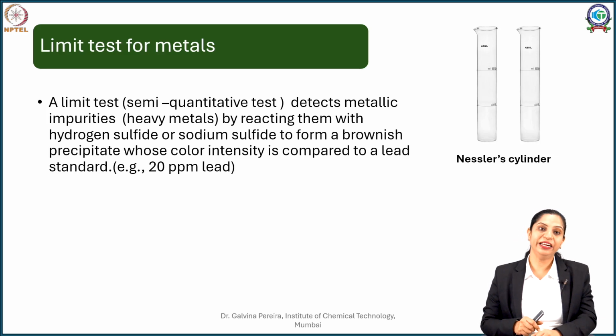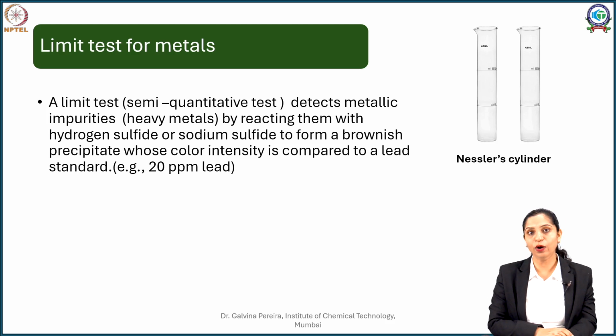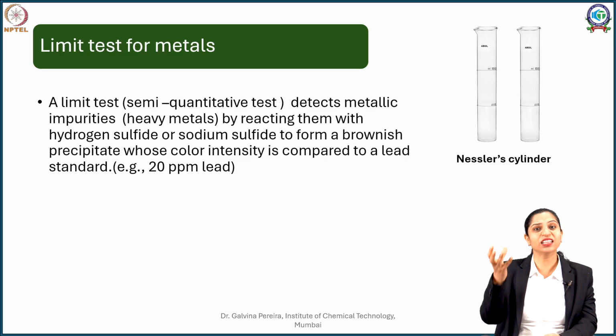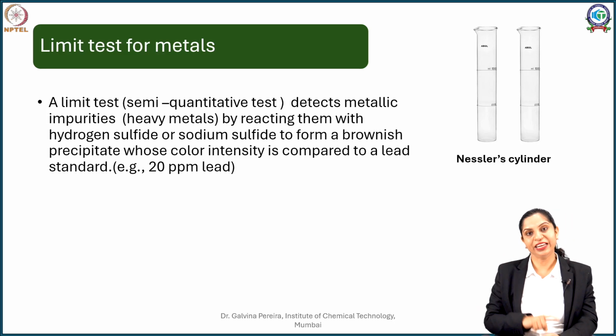So let's see the limit test for heavy metals, as more and more monographs, especially the pharmacopoeial monographs of herbal drugs, specify that you should carry out the limit test for herbal drugs. In order to do that, the first thing is, if you take the herbal drug, it is colored, it may be odd in consistency, there are drugs which are organized, there are drugs which are unorganized, and that creates a lot of problems. So the raw material whenever you want to do a limit test is the ash.